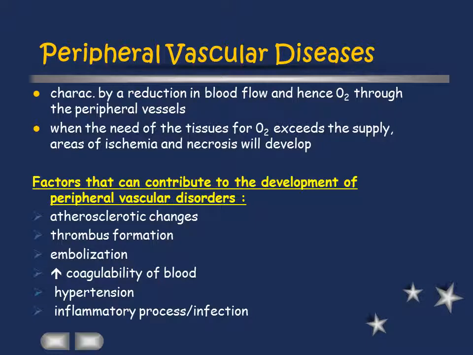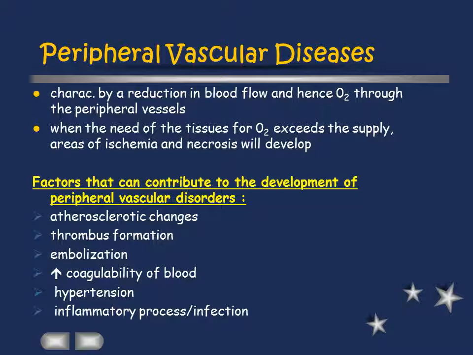It is characterized by a reduction in blood flow and hence oxygen through the peripheral vessels. When the need of the tissues for oxygen exceeds the supply, areas of ischemia and necrosis will develop. Then factors that can contribute to the development of peripheral vascular disorders include atherosclerotic changes, thrombus formation, embolization, increased